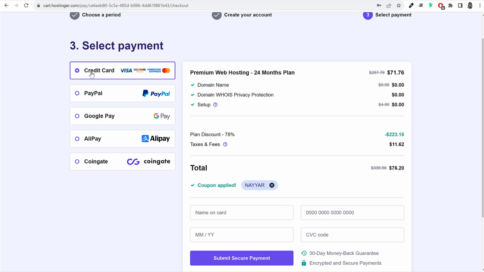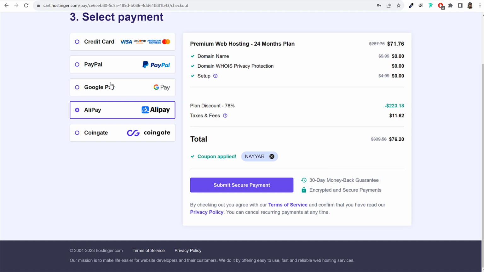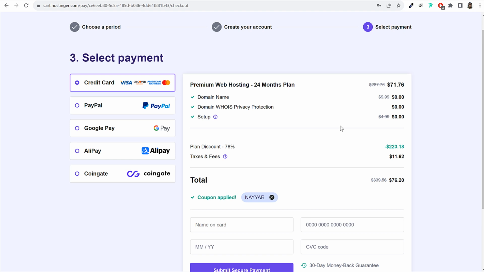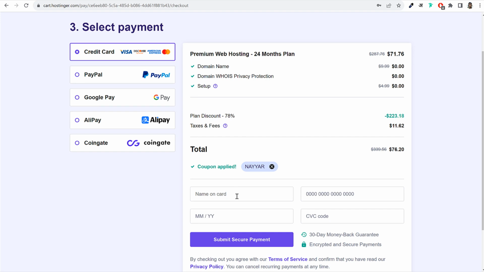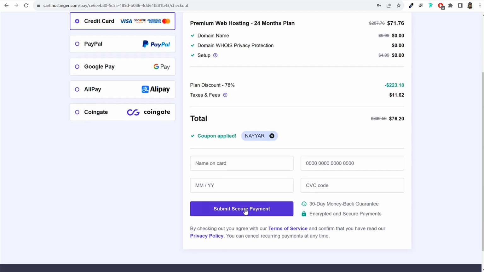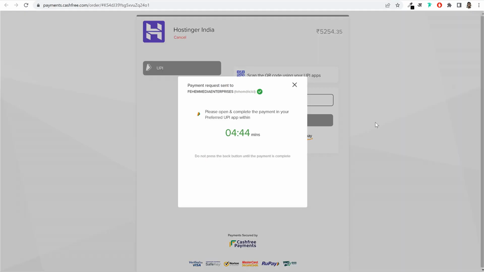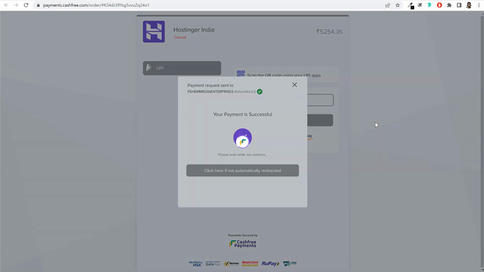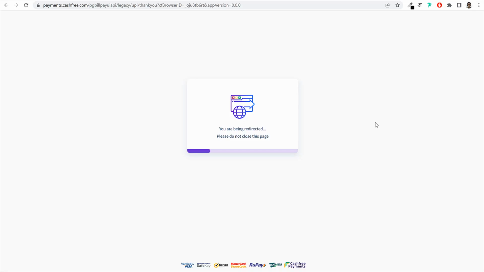You can make payment through credit or debit card, through PayPal, Google Pay, Alipay, CoinGate. And if you're watching this video from India, you have even more payment options like net banking, UPI, Paytm, all those options. So whatever option you want, you can select it and click on submit secure payment and complete the payment. Alright, so once you make the payment, you will see this pop up, and once your payment is successful, it will say your payment is successful and you will now be automatically redirected to a new